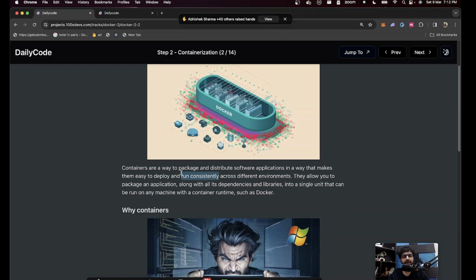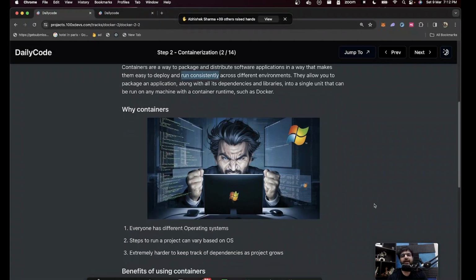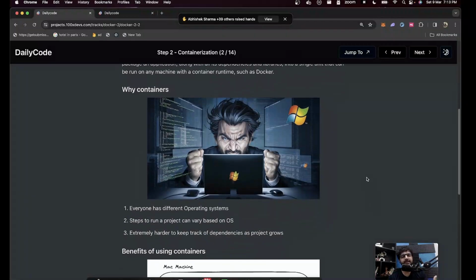These two are important. This basically means that I can create a container for my Paytm backend on my Mac machine. I can give it to you and you can run it on your Windows machine in a single command. Why is this important? Because this might have been you over the past few weeks. If you're on a Windows machine, you've been extremely frustrated with some dependencies that don't work for you.